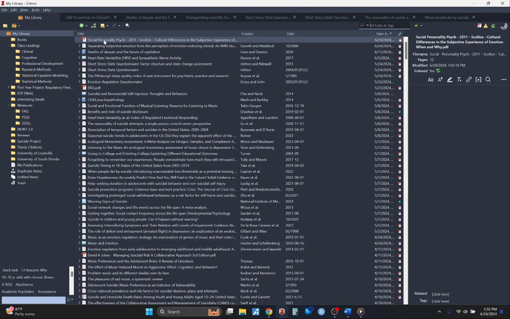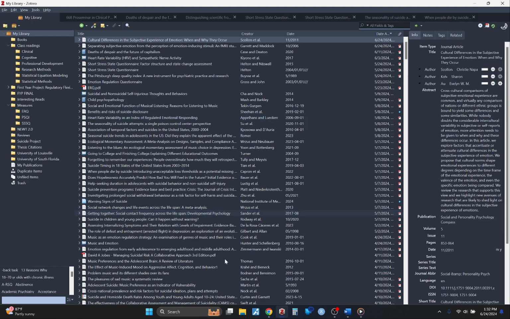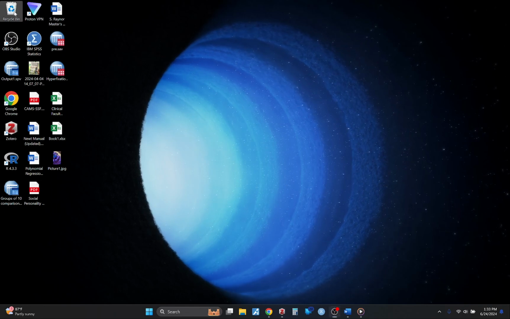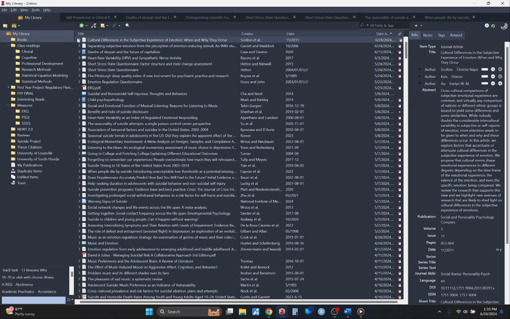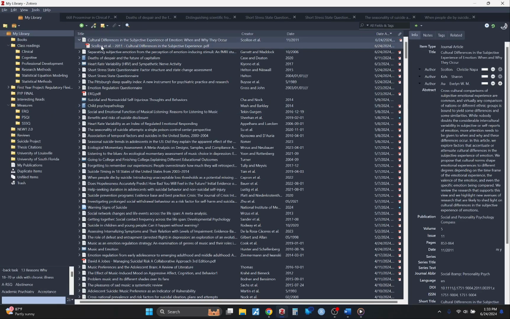And what it's going to do is it's initially going to just have the PDF in there, but then it's going to find the metadata for that article and retrieve all of this extra information, so then I can cite it like my other articles, which is very convenient. The other thing that's nice is if I delete this article on my desktop, it still is housed within the program, meaning that